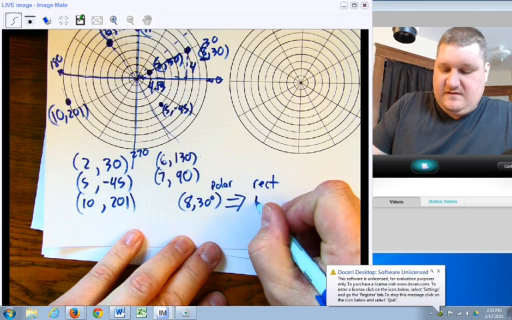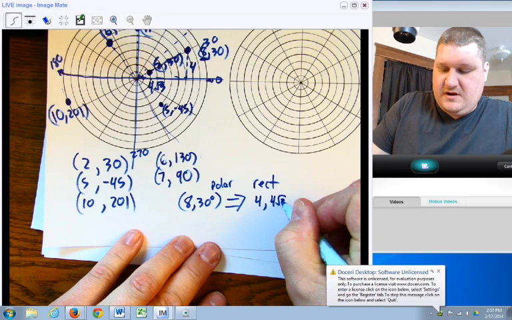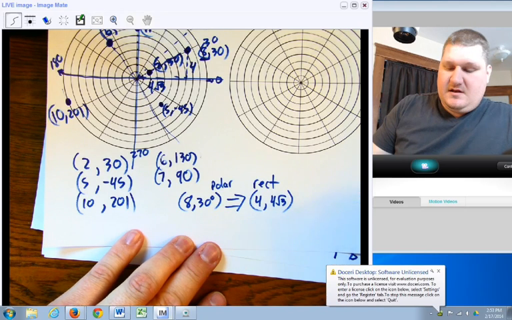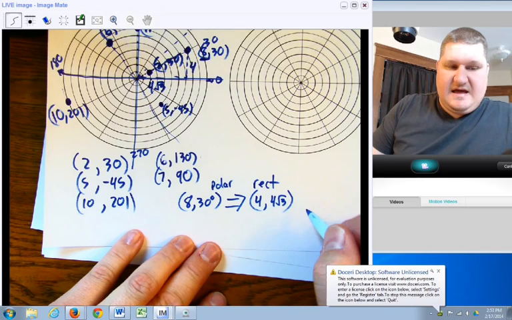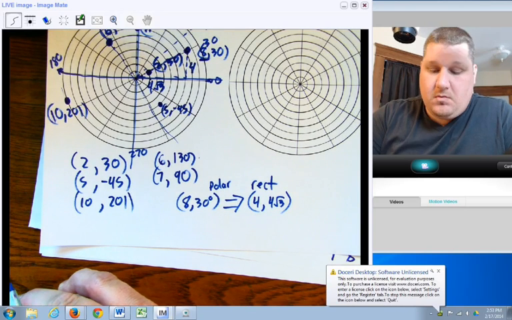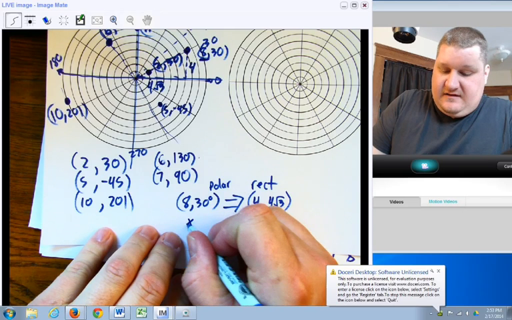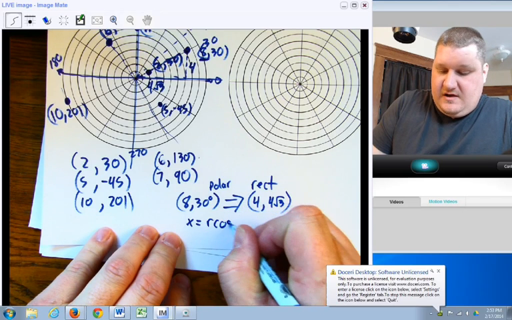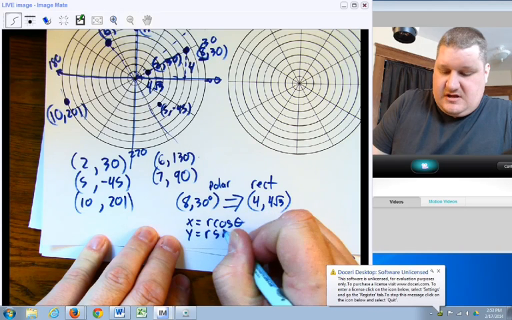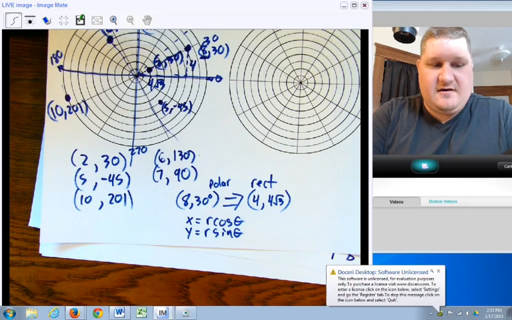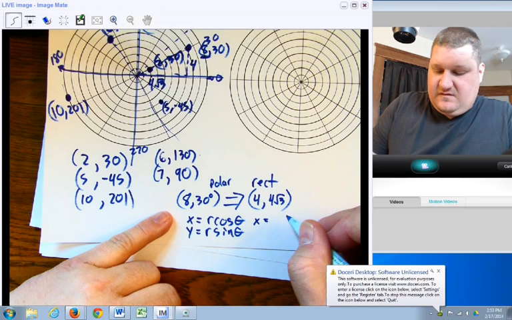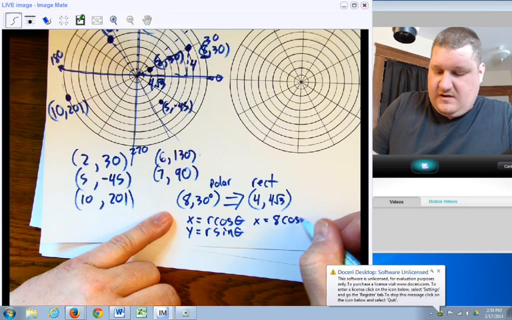In this case, 4 comma 4 root 3 would get me to the same spot. Now, the way to do that is, not shockingly, using a couple formulas we already know. We already know that x equals r cosine theta and y equals r sine theta. And it's going to work out exactly the same way, because our x is going to be 8 cosine 30,